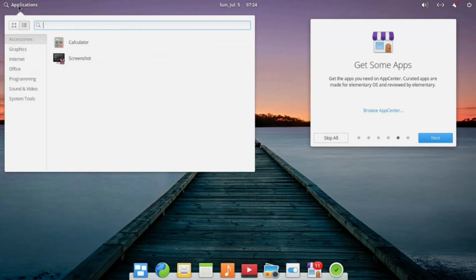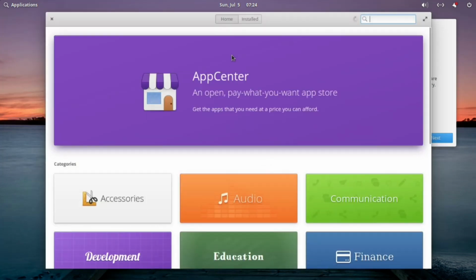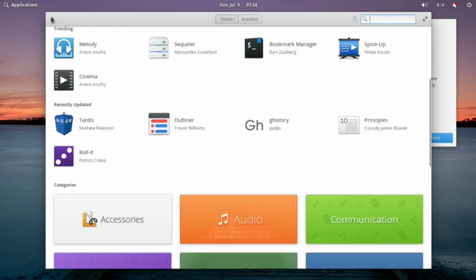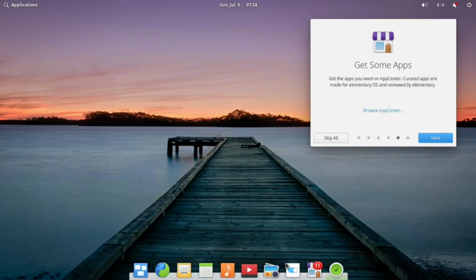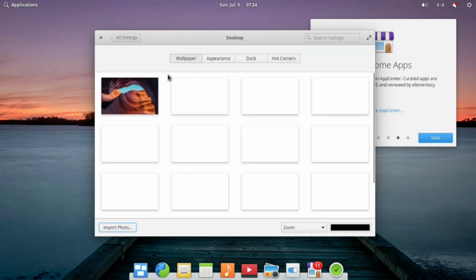And this is especially troublesome because, like I said, it does not come with that many applications out of the gate. But if everything you need is going to be within this App Center, you are going to be good to go. You can see here, if I go ahead and open up System Settings, it has kind of the same look. Everything's organized a little bit better, but everything is clean, neat, easily accessible.